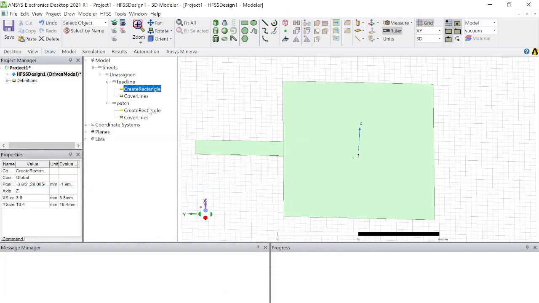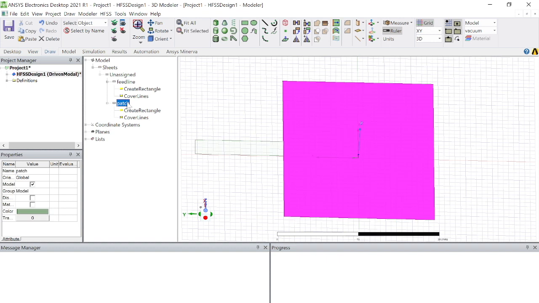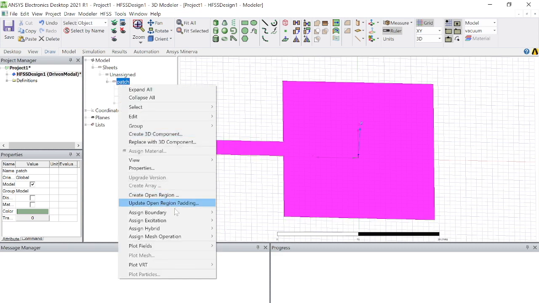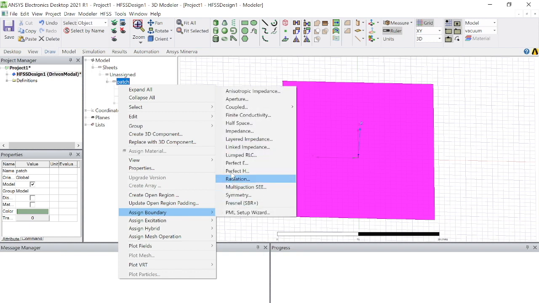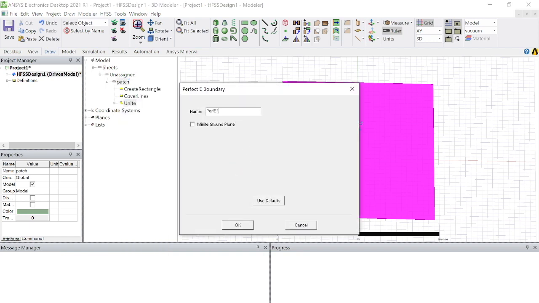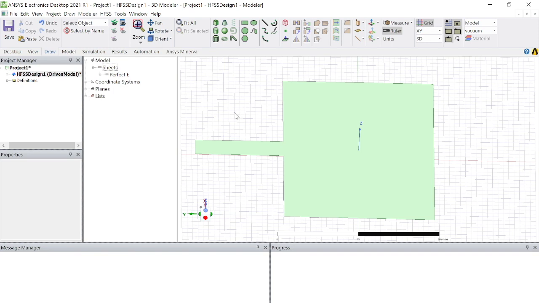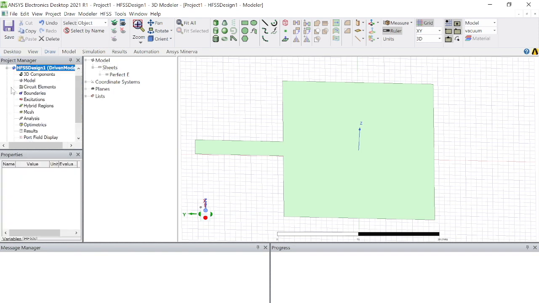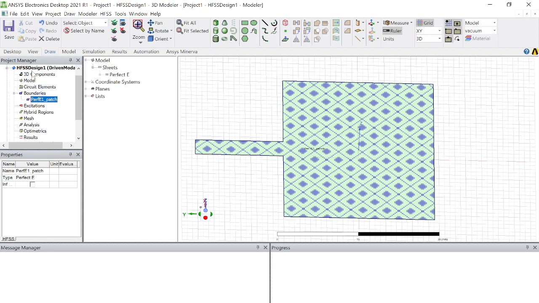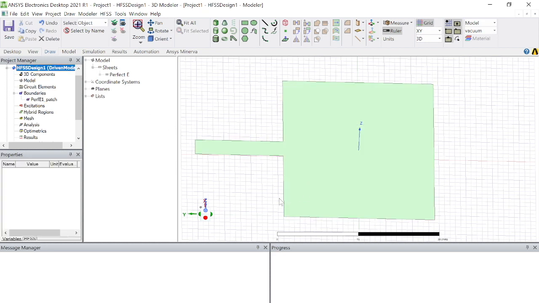Alright, so we can now unite them. I don't want to forget about assigning material, so I will assign it before I move on. PEC, perfect electric conductor, that is for the patch. I'm done. You can view it over here. Good. Okay, so